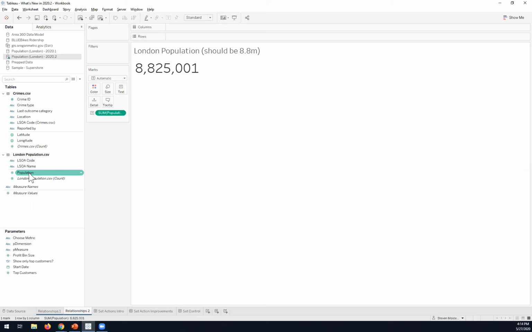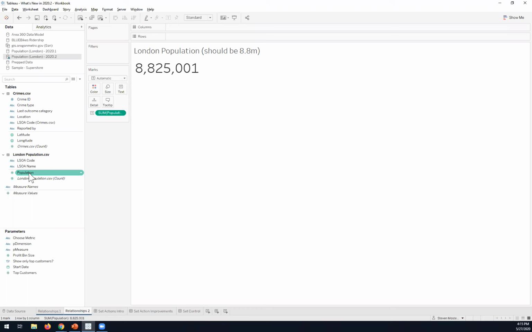So this is what some of you may be familiar with, what we call join culling. Sometimes when you were connected out to multiple tables in previous versions of Tableau, people would say, oh, this is really slow when I'm looking at this particular view. That's because it would try to run all of those joins, and it didn't need to do all those joins in every case. So you would turn on that join culling so that it would help performance. And that's kind of what it's doing here.